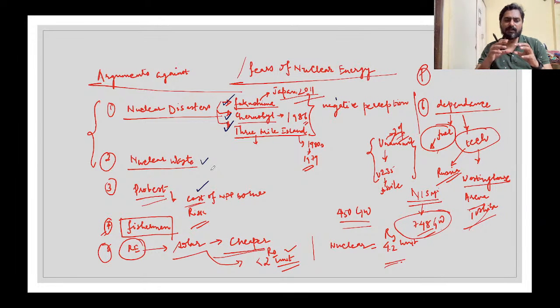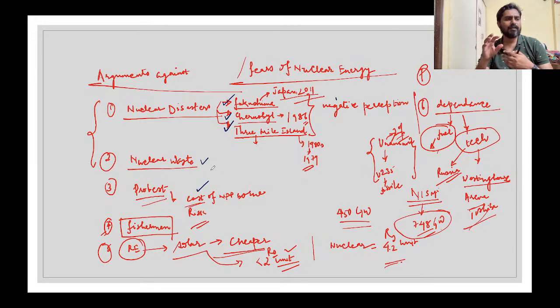So we can use their SOPs for safety, and we can design nuclear power plants. You can mention some examples also, like the Kudankulam nuclear power plant, which is considered to be the safest nuclear power plant because it uses techniques like double containment. There is a water sprinkler inside the core. So you can use those arguments.